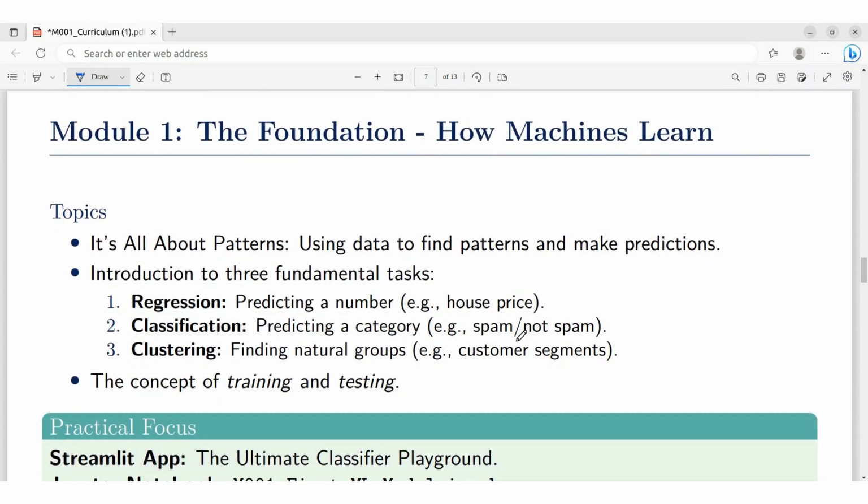So the second module will be around the foundation: how machines actually learn, what do we mean by machine learning, and also what does it mean for a machine or a model to learn, and then look at the idea of patterns, what are these patterns, and also using data to find patterns. And then we'll introduce the key concepts in machine learning: regression,